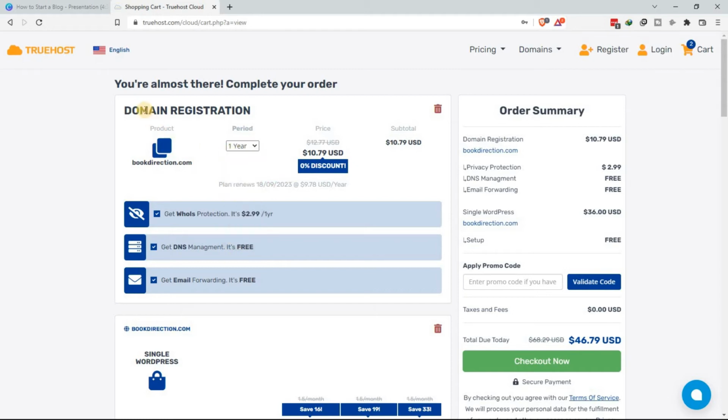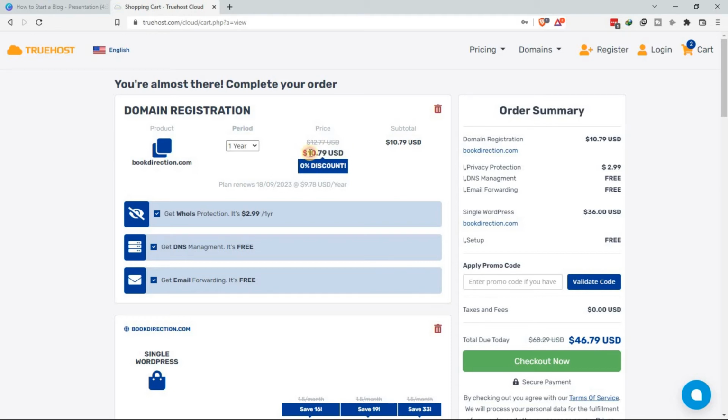So since I chose to get hosting for up to that 6 months, that 6 months is how many years? That's 3 years. Yes, so I can say I want to register this for 3 years. Yeah, so I can choose 3 years here, and it will change the price. Or for now, let's just stick with 1 year. And this is the price. Now this is the price of my domain.